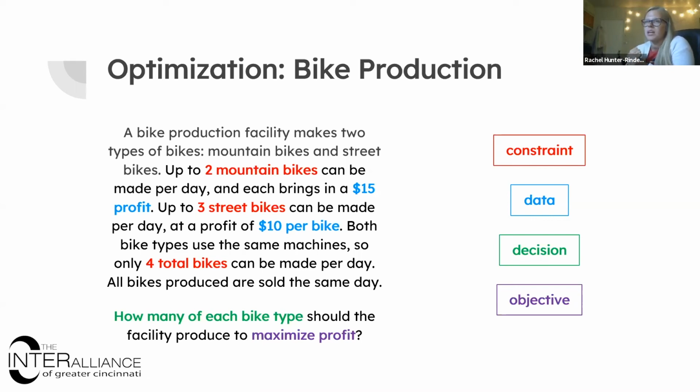Every time you type in a location that you want to go to on your GPS and hit go, and it might take 5 seconds or so for it to give you an answer of what route you should take and how long it's going to take you to get there. That is an optimization model. We call it a shortest path problem, aptly named. We want to take the shortest path to get to our final destination.